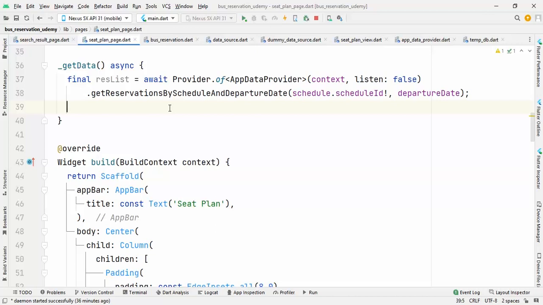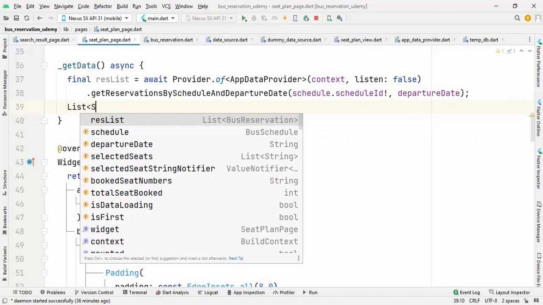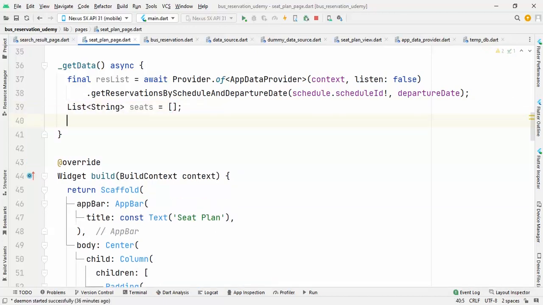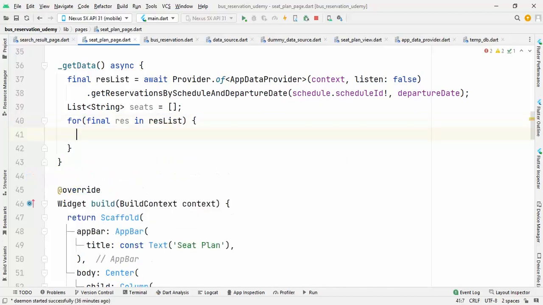So I am taking a temporary list, a list of string called seats, that will be initially empty, and now we need to go through this list with a for loop. So for each final reservation object in the reservation list,